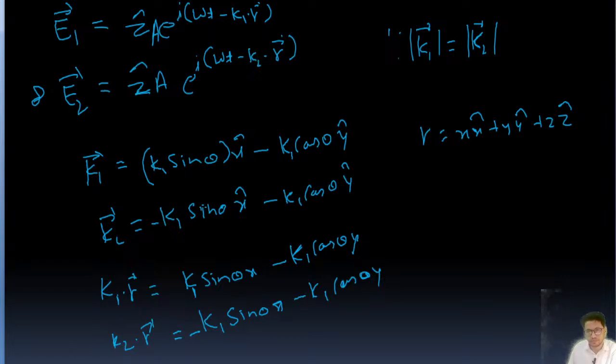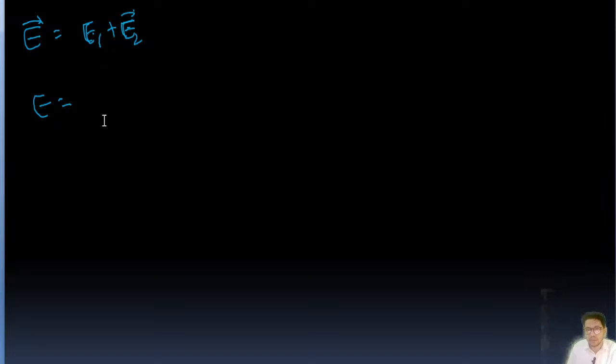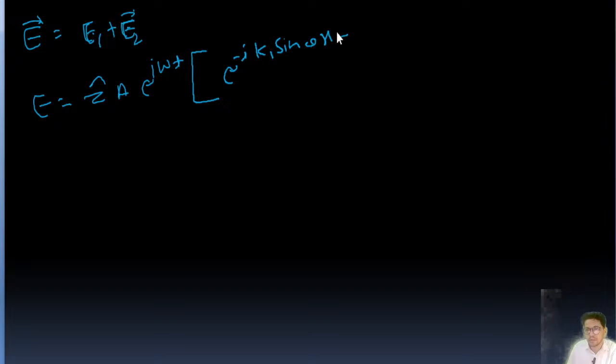So E is going to be z cap A e to the power iota omega t, and this is going to be e to the power minus iota (k1 sin theta x minus k1 cos theta y)